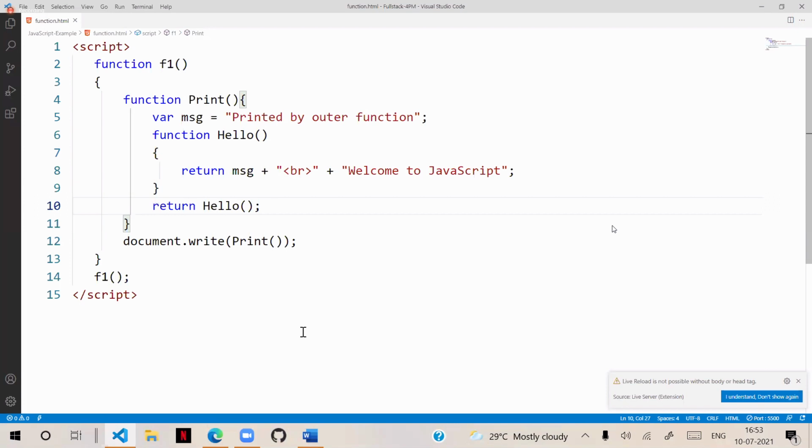A function can be inside a function, but the point is being able to access the inner function and its return value, and use that return value outside. That is the approach we need to understand, and that's what we call a function in a closure.